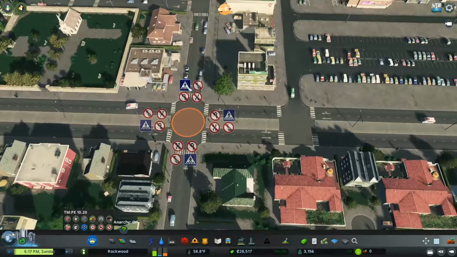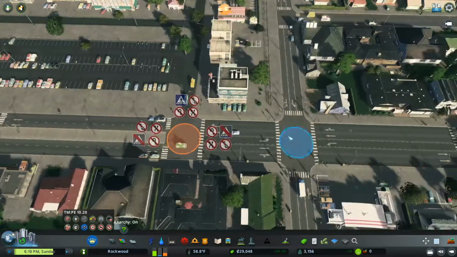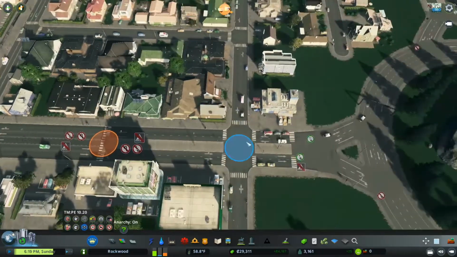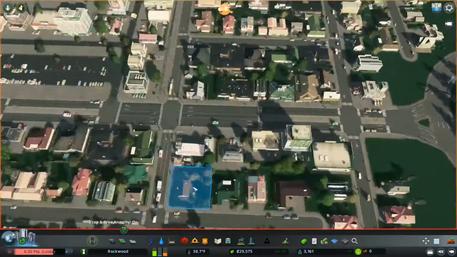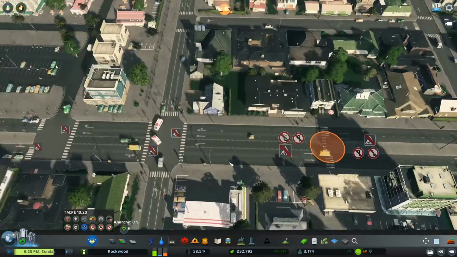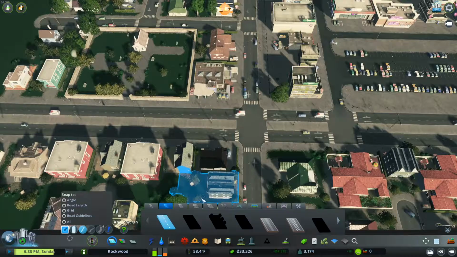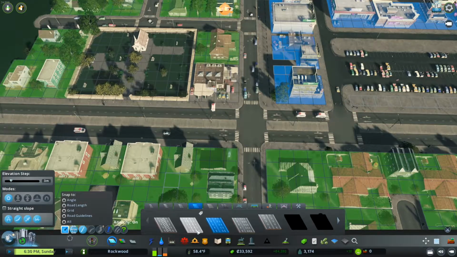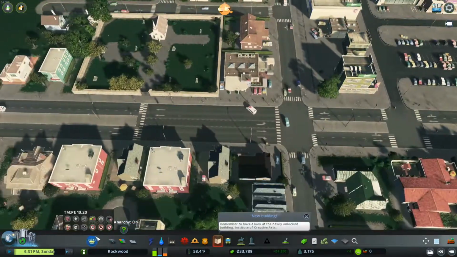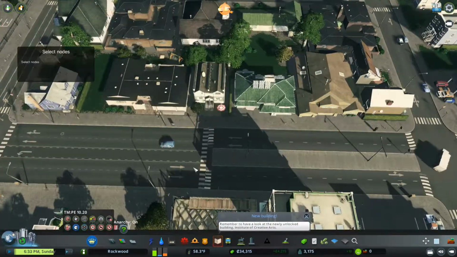And over here you can see me using the traffic manager mod to get rid of some pedestrian crosswalks, because sometimes people don't really see pedestrians as a problem since they're so small, but that's why they don't see it. It's because they're so small and it's hard to see. And sometimes managing where pedestrians can walk through can really help your traffic flow more smoothly, but it doesn't solve